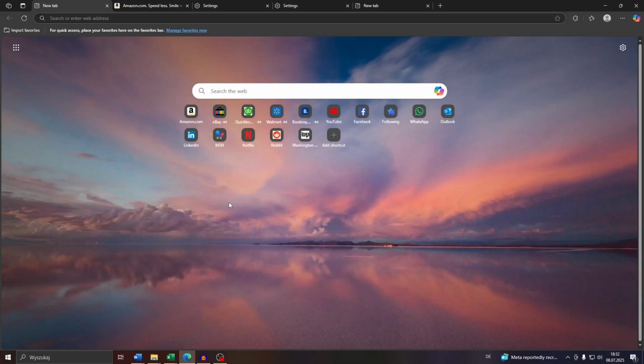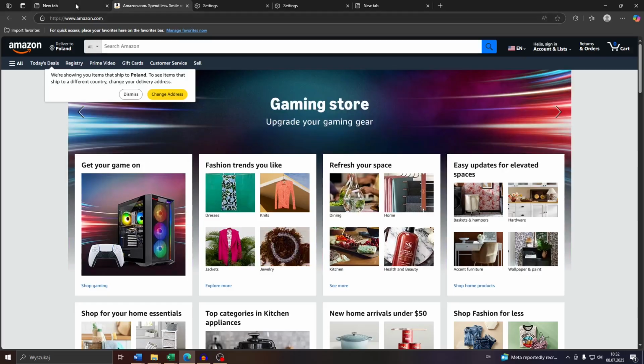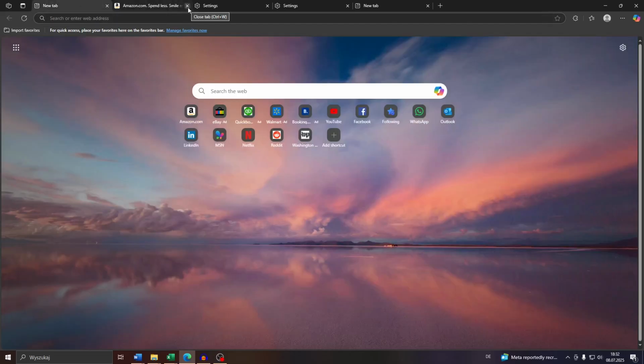Launch the Microsoft Edge web browser and let's assume, for example, you closed a tab like this one here. So let me close it for demonstration purposes. And after that, guys, if you, for example, close it accidentally and would like to restore it without accessing your